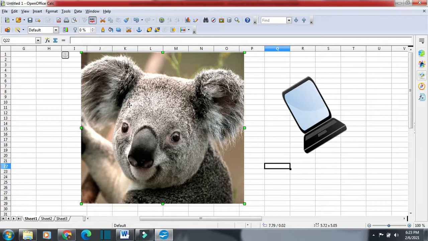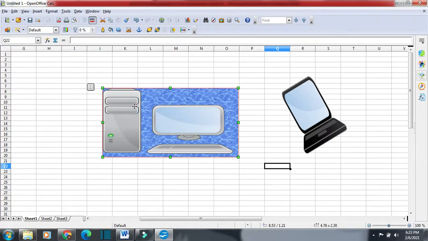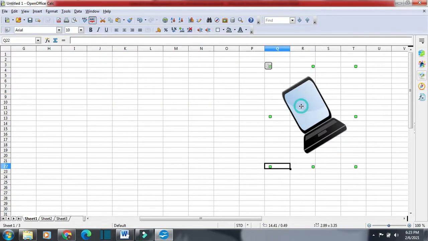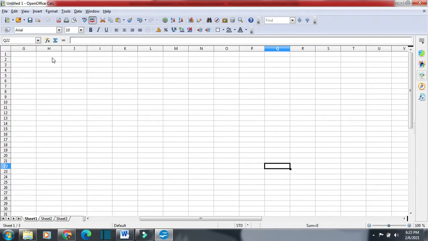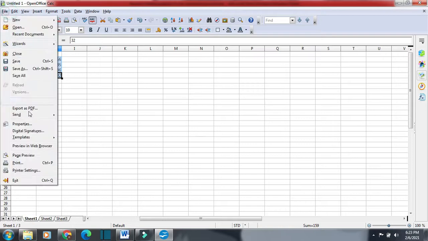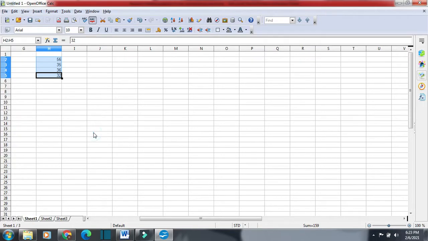Suppose I have these cells with some numbers and I want to print only these cells. So I will select these cells, then click on File and then select Print, or I can go for the shortcut Ctrl+P.